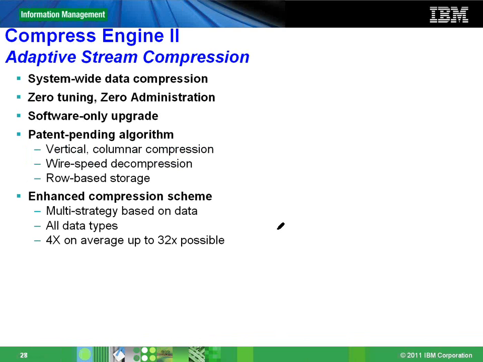Okay, let's quickly talk about some of the performance features that Netezza has. Netezza employs a patentable compression algorithm called Compression Engine 2. It basically acts on columnar data. It is basically columnar compression, and on average, in typical customer shops, you've seen at least 4 times compression. There have been times when we've actually seen 32 times compression, which is phenomenal, but it really depends on the kind of data that customers have in their schemas.